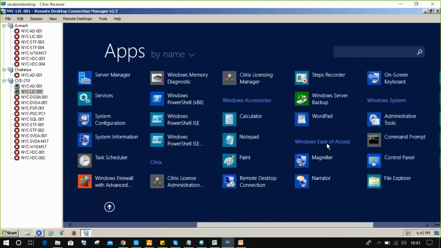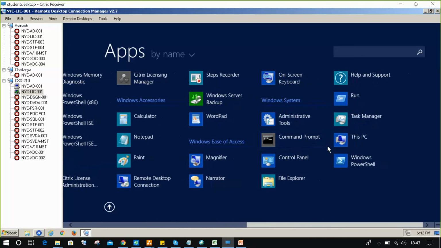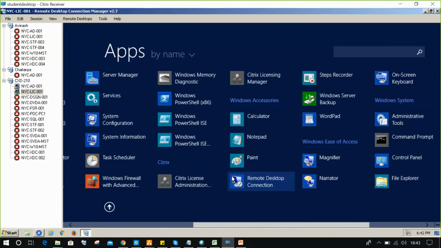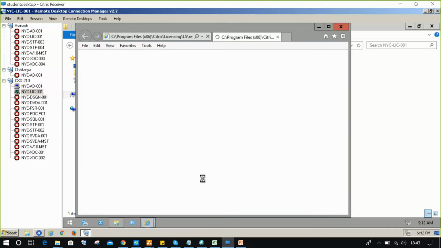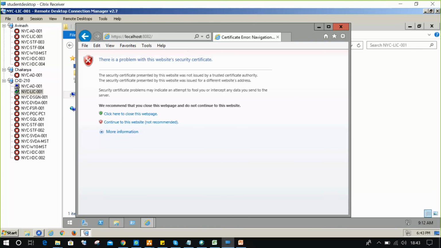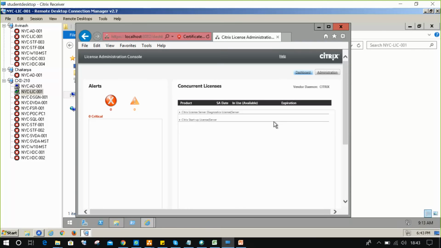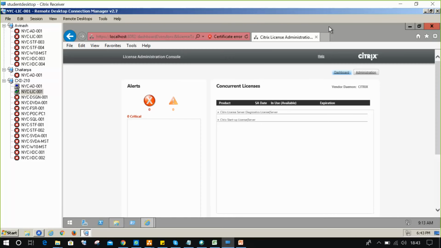Any part is there, you have to check this. There are two options. Citrix license, this is the portal, Citrix license administration console. A page will be coming like this.